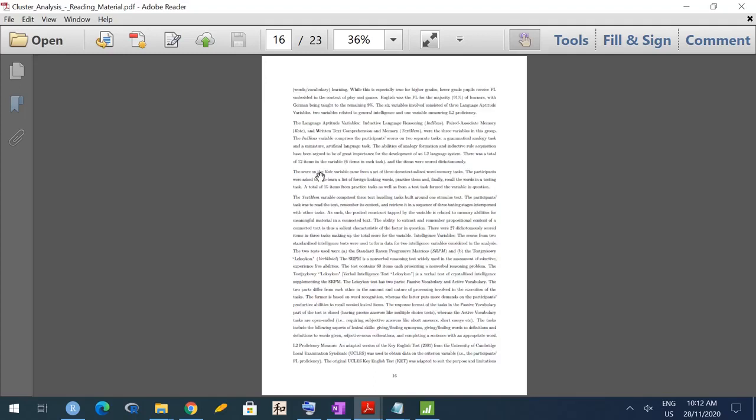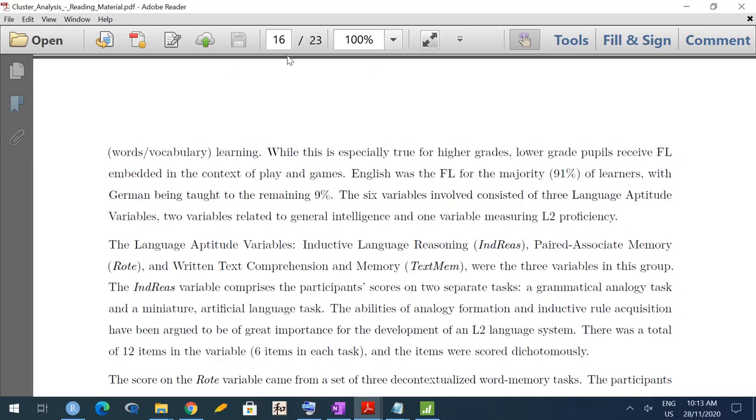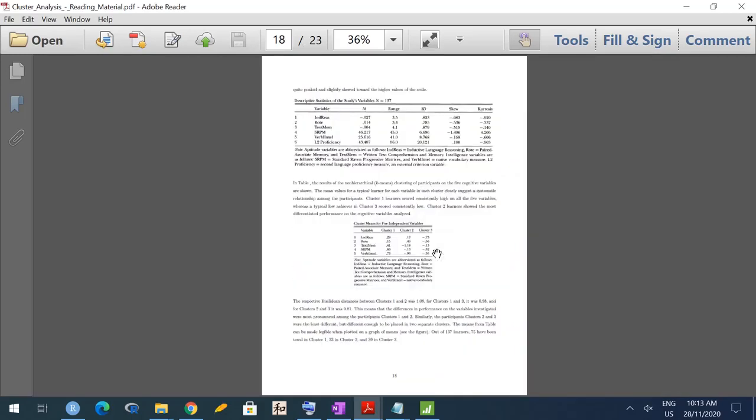And these are language aptitude variables which are going to contribute: inductive language reasoning, paired associate memory, written text comprehension, and just memory, etc. Okay, so the results are actually interesting, and they have considered different groups.